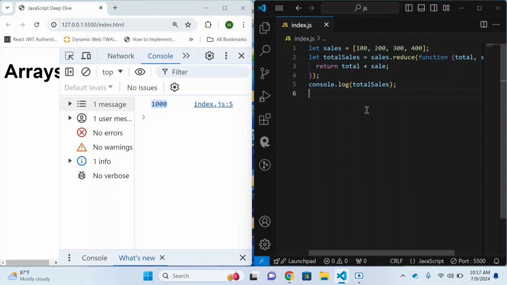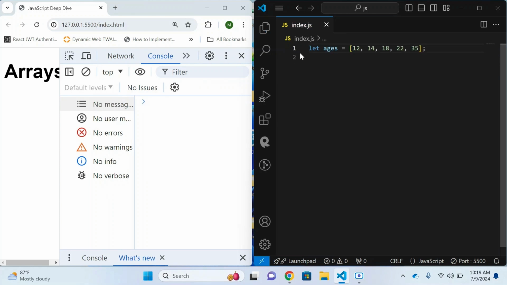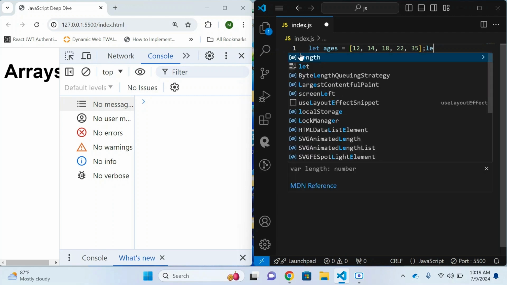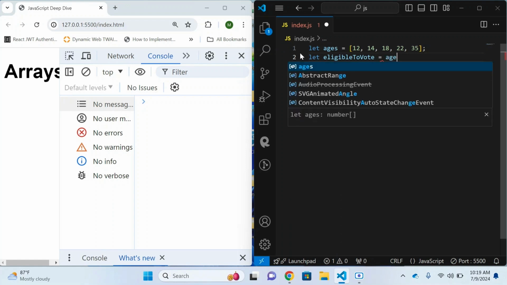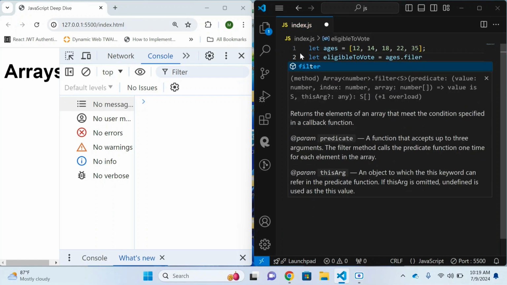Now let's move on to filter. Filter creates a new array with all the elements that pass the test implemented by the provided function. Suppose you have an array of ages and you want to find out who is eligible to vote. Let's see how we can achieve this using the filter method. Let ages equal. Now I want to identify who is actually eligible to vote. Right? Let me take one more variable here. Let eligible to vote equal ages dot filter